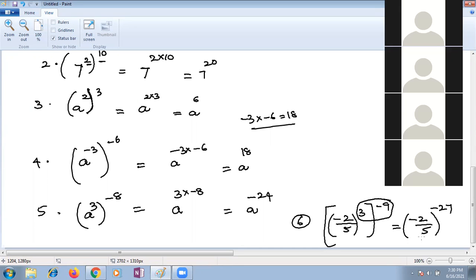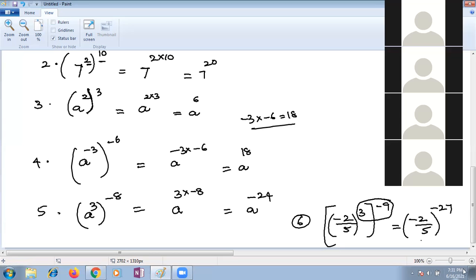That is my question. Ma'am, I think negative because the exponent is odd, so I think it will be negative. Ma'am, but the number given is also negative, like minus 2 by 5. So you're going to do minus of minus 2 by 5 into minus of minus 2 by 5, and like that I think you'll do. How will you multiply, right? Minus 27, how will you multiply? Yes, ma'am. You will multiply like minus of minus 2 by 5 into minus of minus 2 by 5.